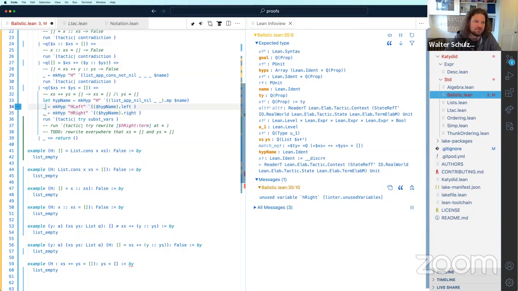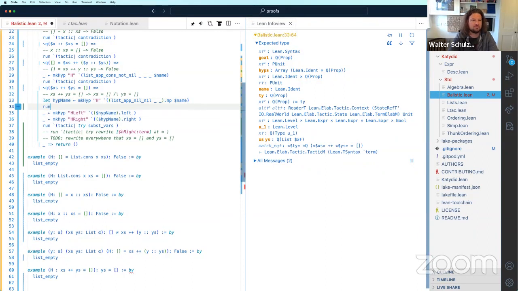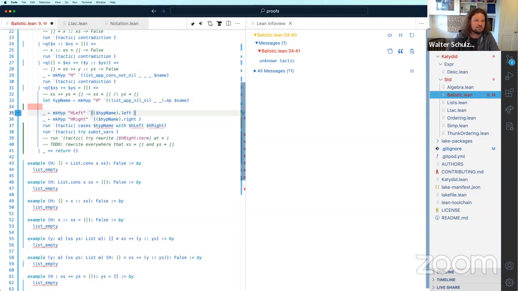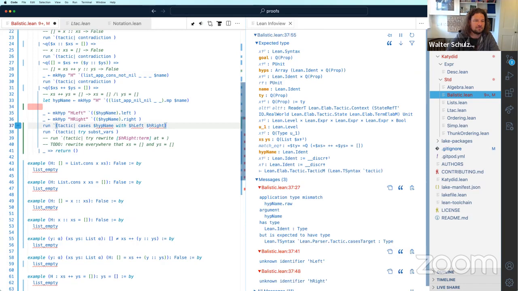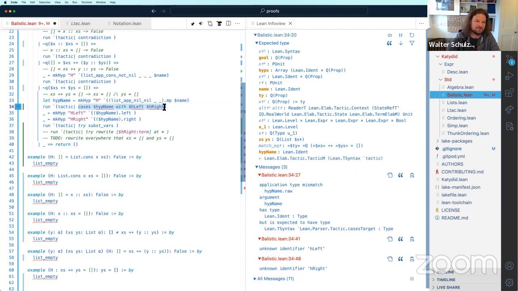The subst vars is going to do exactly what we want. After we've done this, we can run clear. What is this? Cases with. Does this do a thing? Oh no, I don't know how to do that. No, okay, just clear.